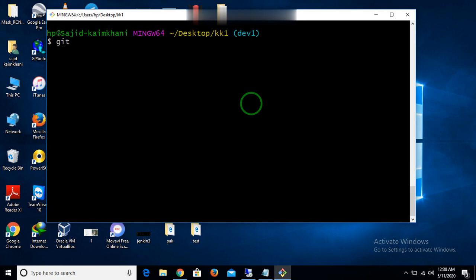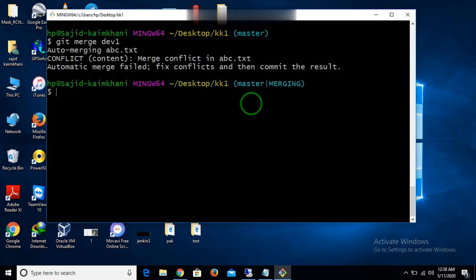First of all, how to merge it, we know it. We first move to the master branch and then git merge with dev branch. So here the conflict comes up, you can see it in ABC. For this I will tell you how to resolve this conflict right now.